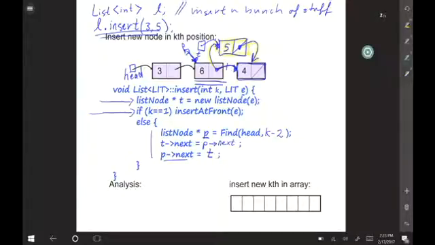There is no node before, as he said. So we have to do it differently. Insert at front, we wrote it last time, and it involves just resetting head. It's still this fix-up-pointers process.